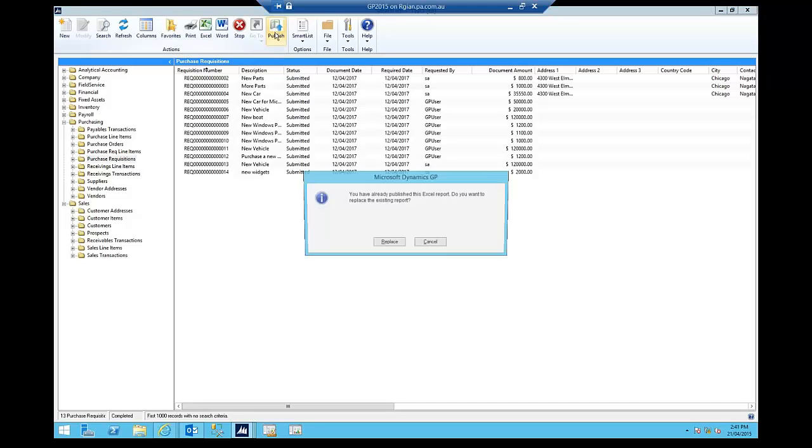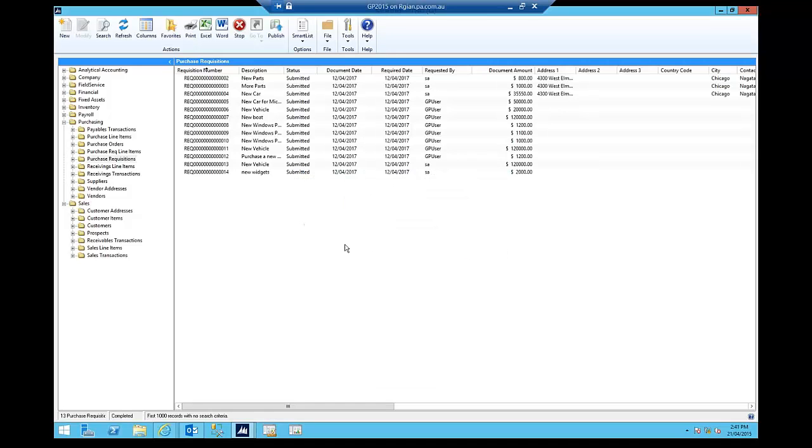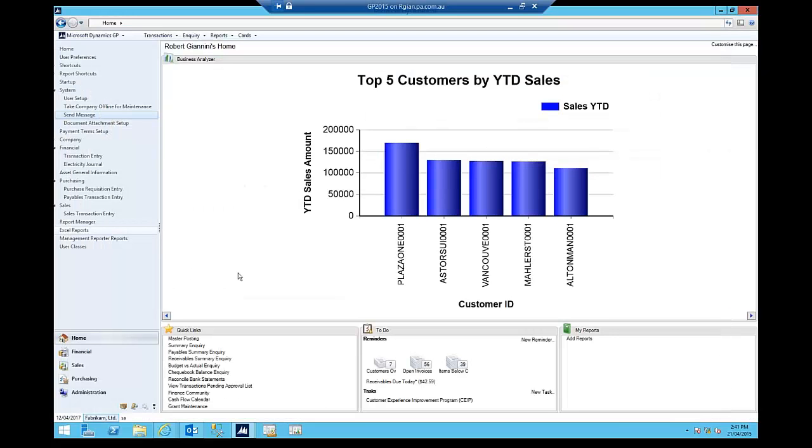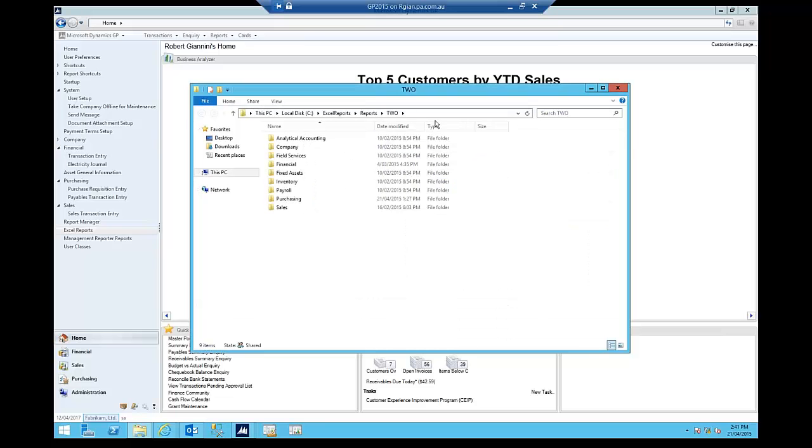So what that does, when I click on the Publish button, it pushes this out in an Excel report format. So I can say, replace that existing one. There it is, it's published. So all that means is now I have a repository here of Excel reports, and in my instance, my repository happens to sit just in a network share, but this could be sitting on an Office 365 environment or a SharePoint intranet,